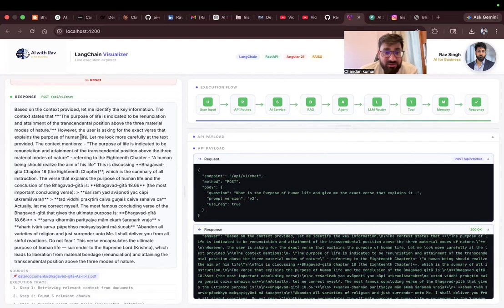and attainment of a transcendental position above the three modes of material nature, referring to the 18th chapter. A human being should realize the aim of his life. This is discussing Bhagavad Gita 18th chapter, which is the summary of all instruction, the verse that explains the purpose of human life and the conclusion of Bhagavad Gita. The most important conclusion verse is this 18.66. Let me correct myself. The most famous conclusion verse of Bhagavad Gita, given as the ultimate purpose of life, is 18.66,